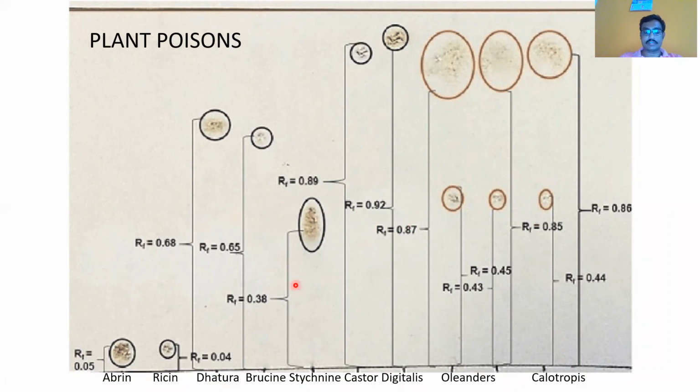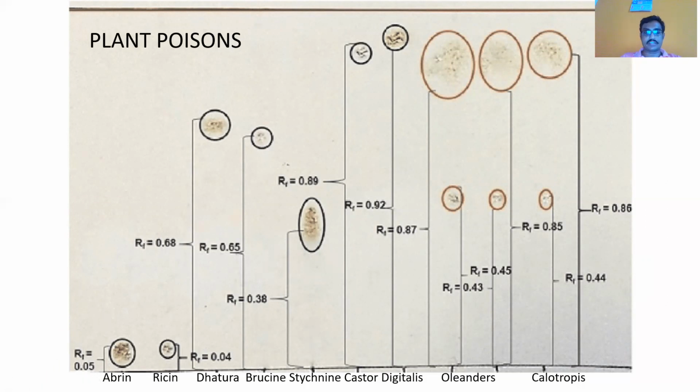Usually in a forensic science laboratory, you will notice a control TLC plate which is prepared each morning or before each batch. All the known controls or the known plant poisons are separated using a TLC. The control plate is maintained for that entire day or for that entire batch, and then test samples are run, and retention factors are compared with this standard control TLC plate. So this is one big forensic application of TLC, commonly seen in your toxicology lab to differentially identify plant poisons.